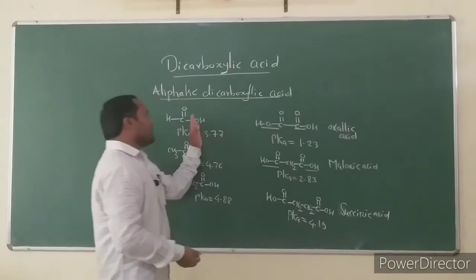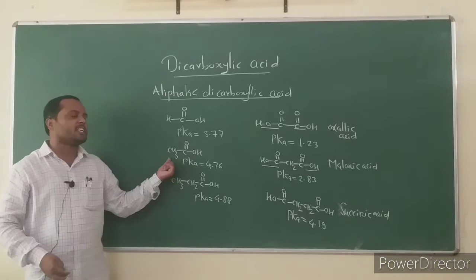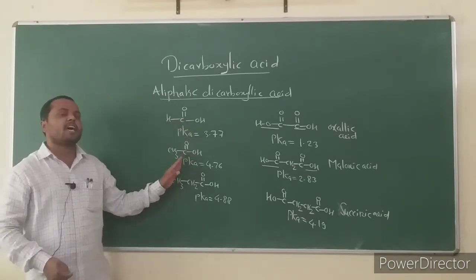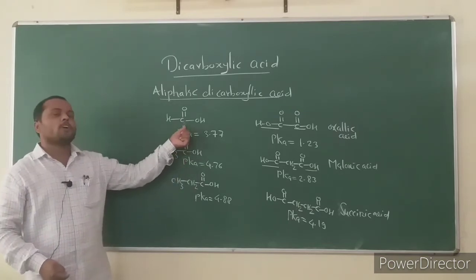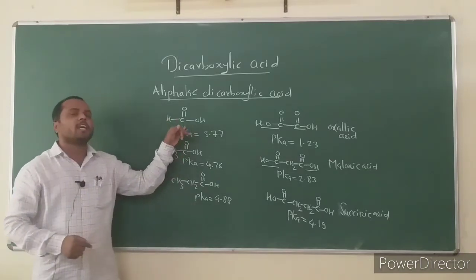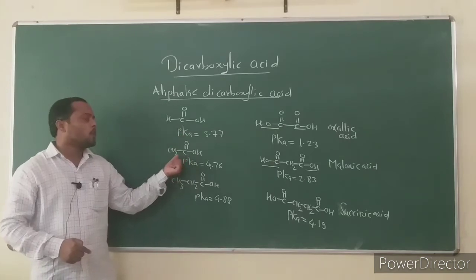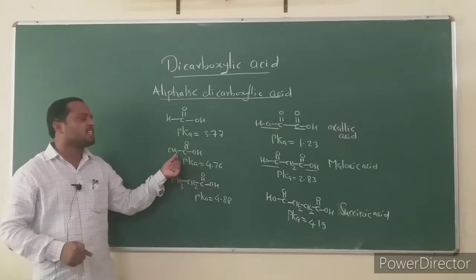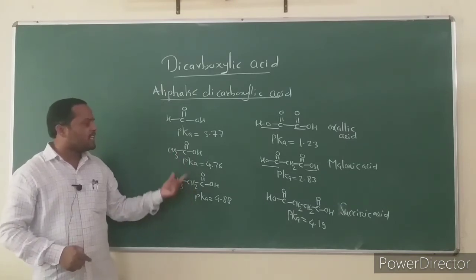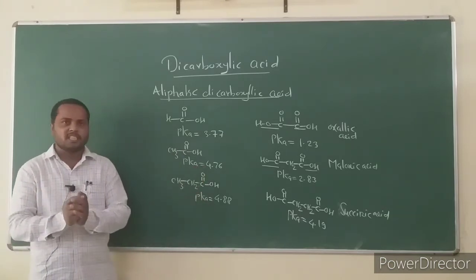In these monocarboxylic acids, generally the methyl group has an electron donating inductive effect. Formic acid is more acidic than acetic acid because formic acid does not have any such group, so there is no such effect. The conjugate base of formic acid is more stable than the conjugate base of acetic acid. The conjugate base of acetic acid is destabilized by the plus I effect of the methyl group. The plus I effect of ethyl is higher than methyl. As the plus I effect increases, acidity goes on decreasing.